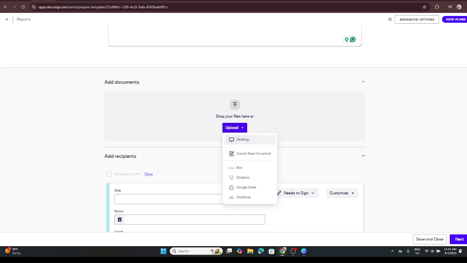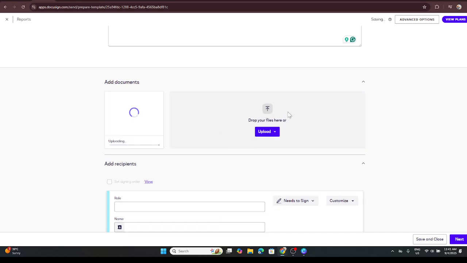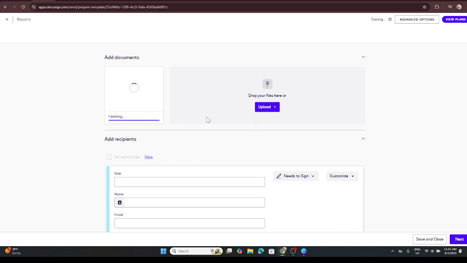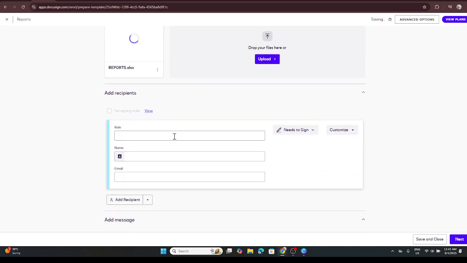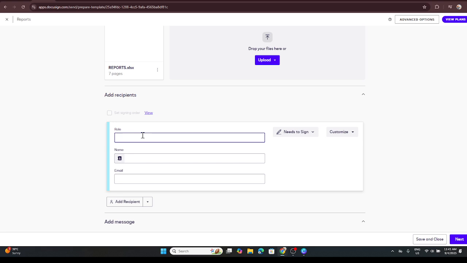Usually, the documents you'll work with are stored on your computer, so you'll want to navigate to your desktop or the folder where your document is located. Once you've found your document, you're going to type in the role for whoever needs to interact with this document. Whether that's an approver, signer, or an editor, clearly specifying roles is crucial to ensuring that the workflow functions smoothly